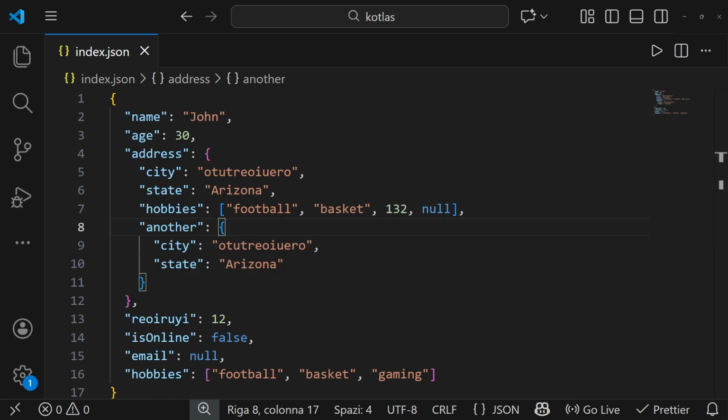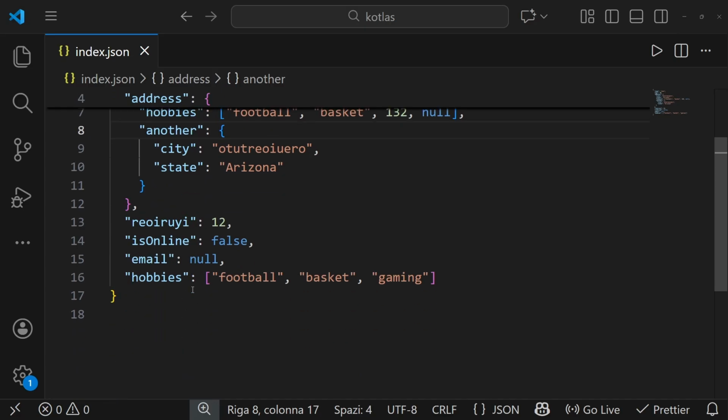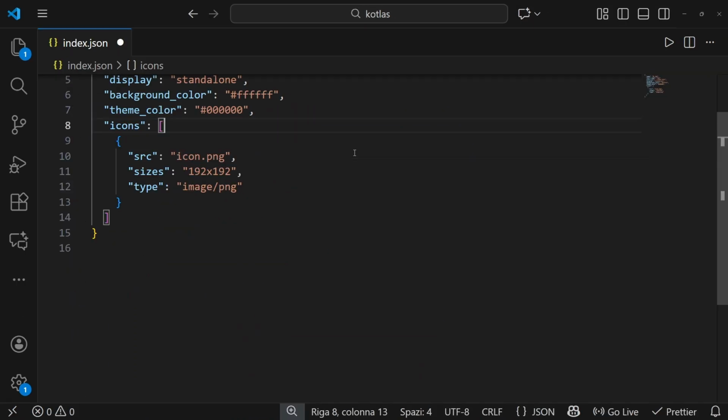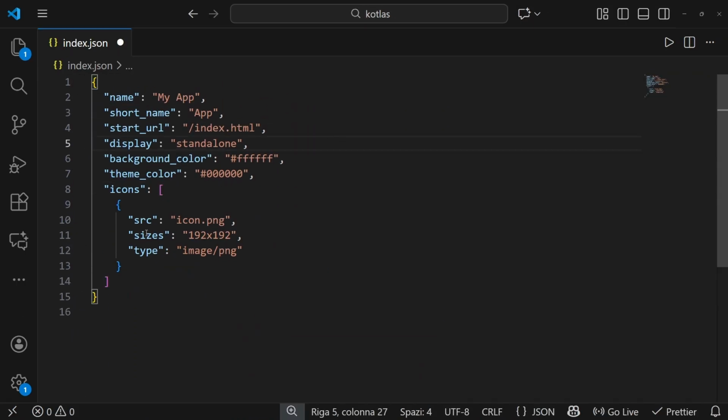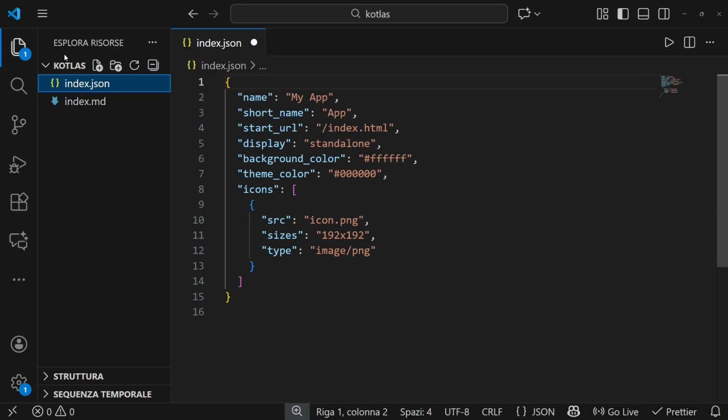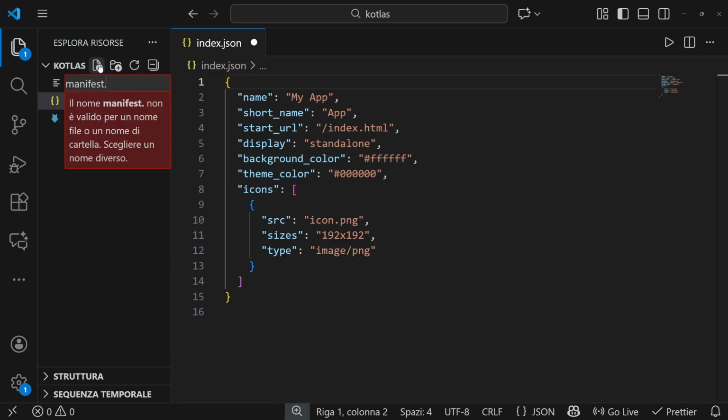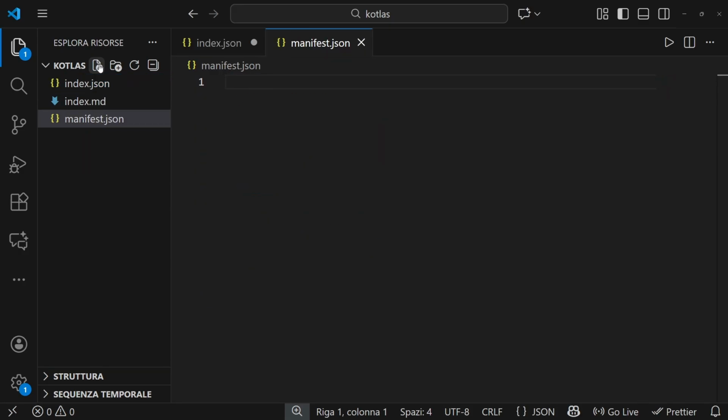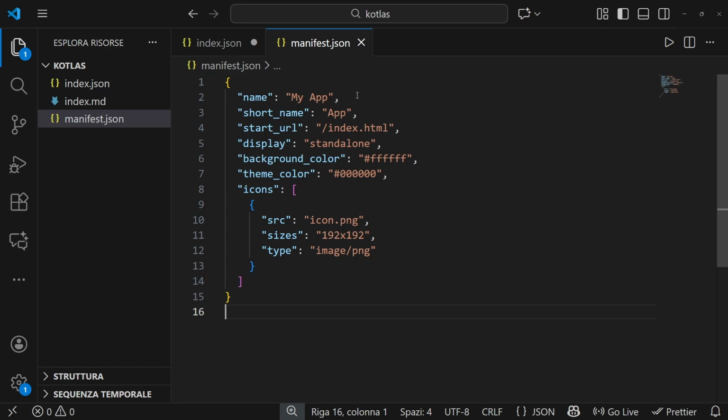I want to copy-paste examples of other JSON uses. In this case, let's start with a web app manifest. Let me zoom out a little bit. You will have this type of JSON object in a manifest. I would say it's a manifest.json. Exactly. So it's a manifest.json if you're using a progressive web app,